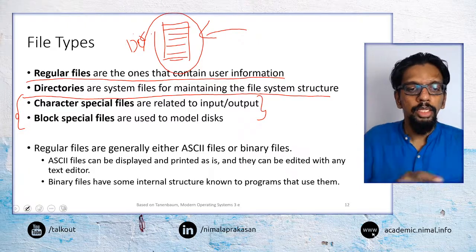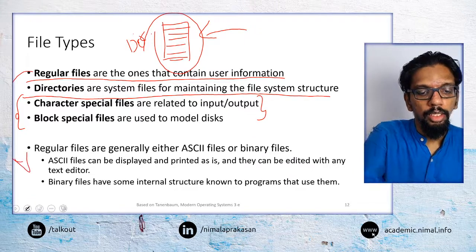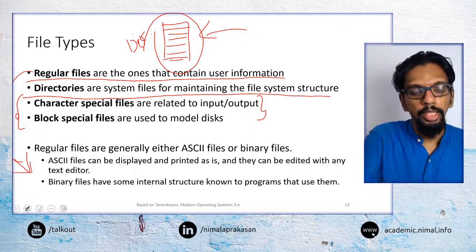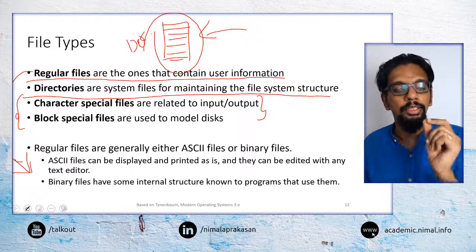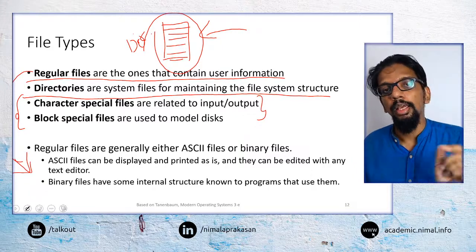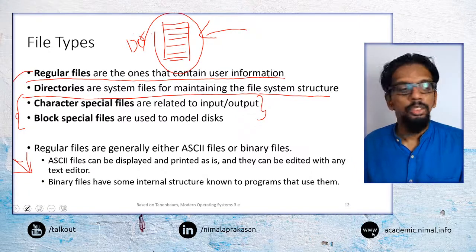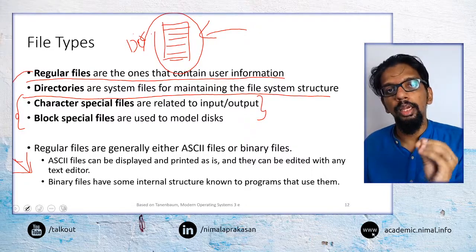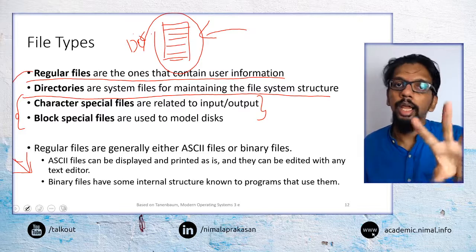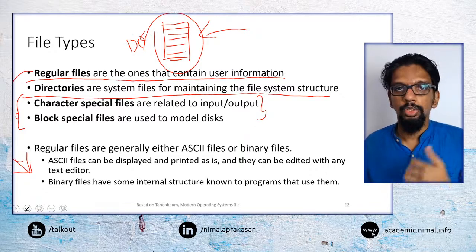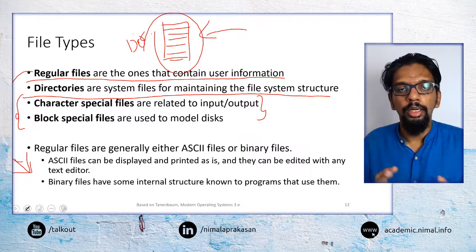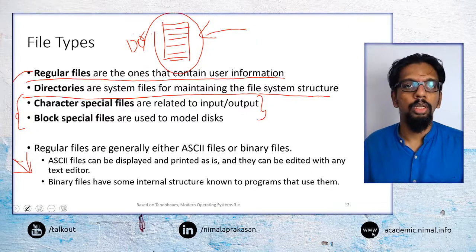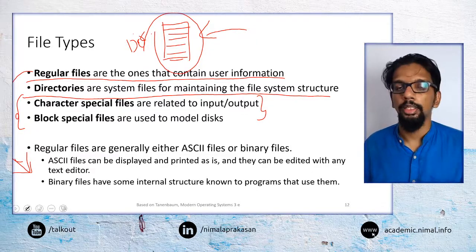And even inside regular files, we can further categorize them as ASCII files or text files and binary files. ASCII files or text files are things that you can read the content of and understand to some extent. So say for example, if you right click a text file and open it in Notepad, you can read the text.